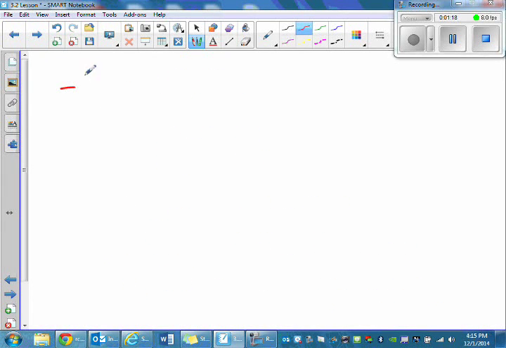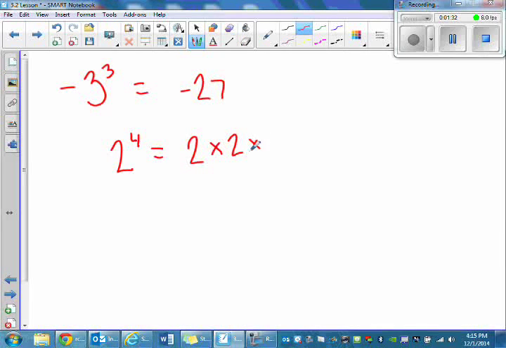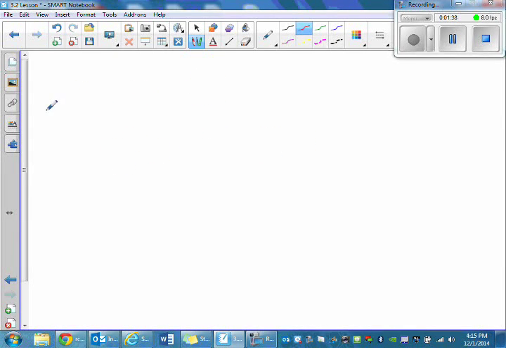If the negative is not in the parentheses, this is just 3 cubed, which is 27, with a negative on the outside. Okay, so remember, if I have 2 to the 4th, that's 2 times itself 4 times. Okay, then I also just wanted to do a few examples for you that I thought were maybe a little tricky